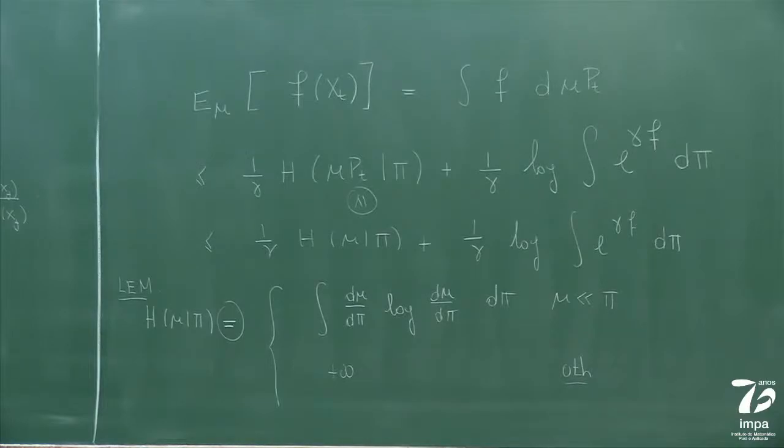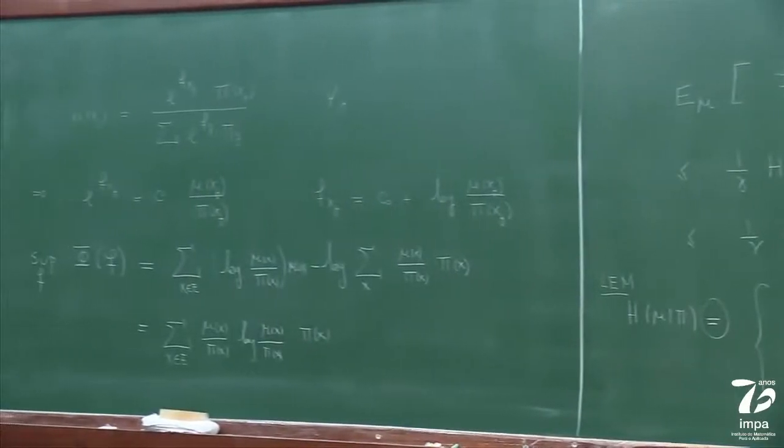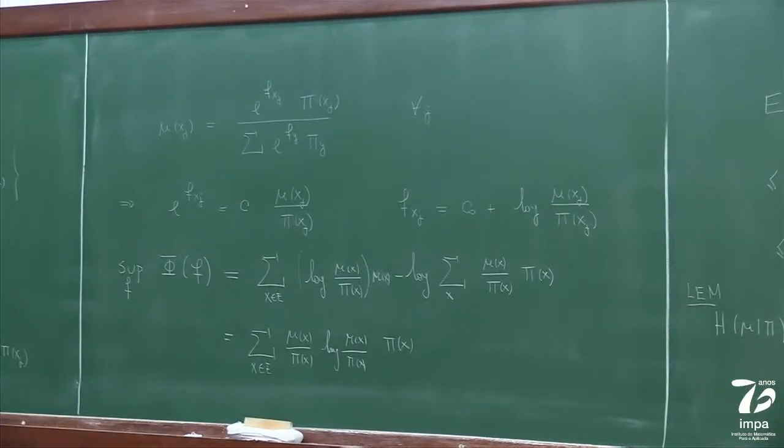The fact that it's absolutely continuous, you mean? No, say it again. I am asking if you use it to prove the existence of such mu with these values. Because if pi is 0, where mu is not